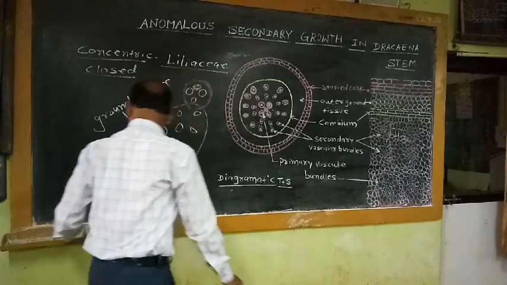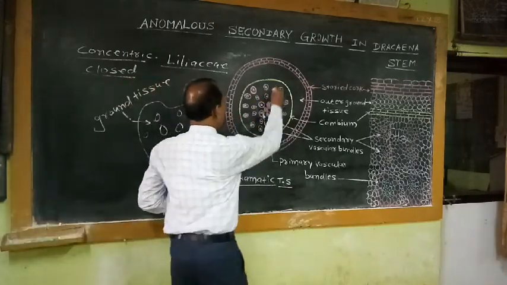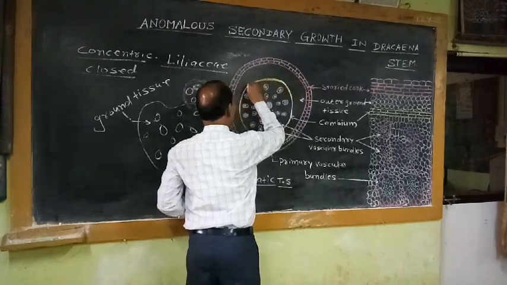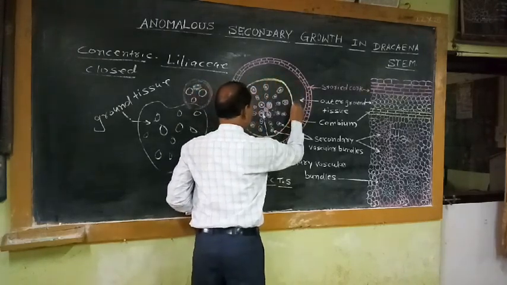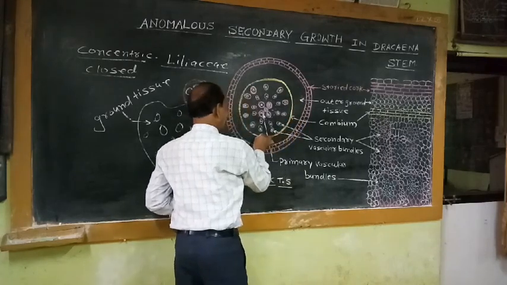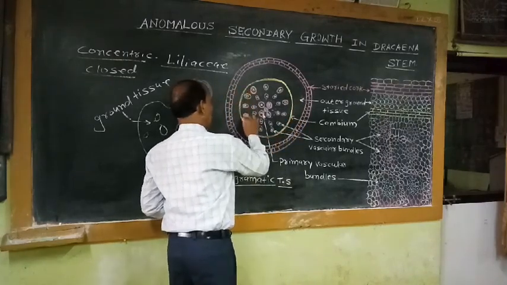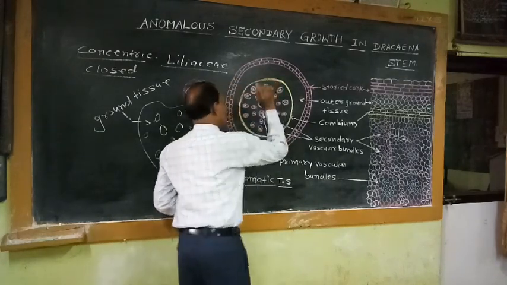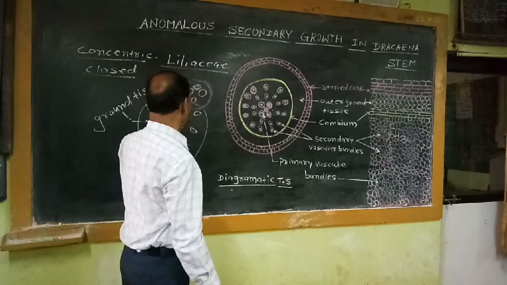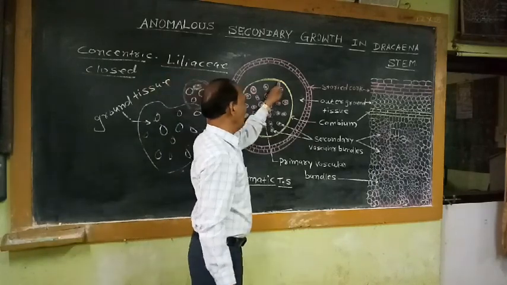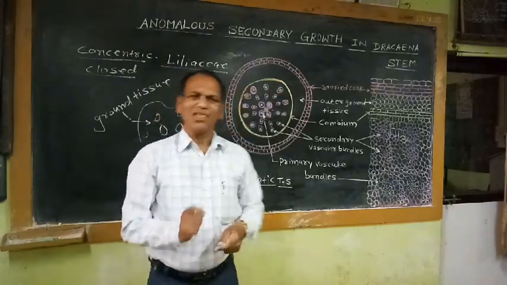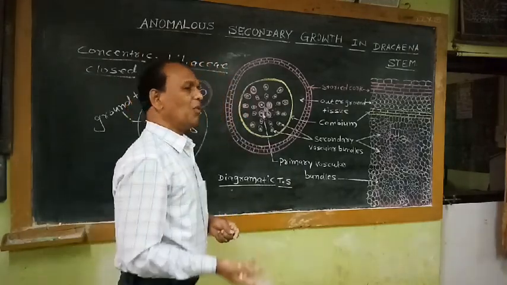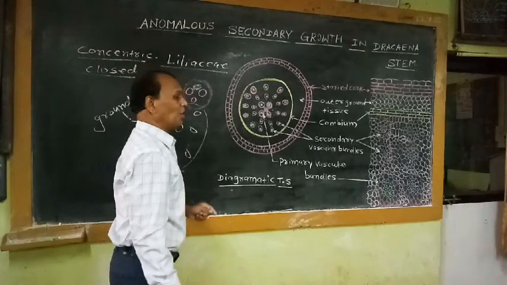So this yellow band is the band of cambium. This is the band of cambium. So the origin of this cambium in Dracaena is from permanent cells of ground tissue. That means the ground tissue cells, peripheral ground tissue cells, they become meristematic. Here ground tissue cells become meristematic and form the cambium. So this is the abnormality, development of cambium from permanent cells of the peripheral ground tissue.